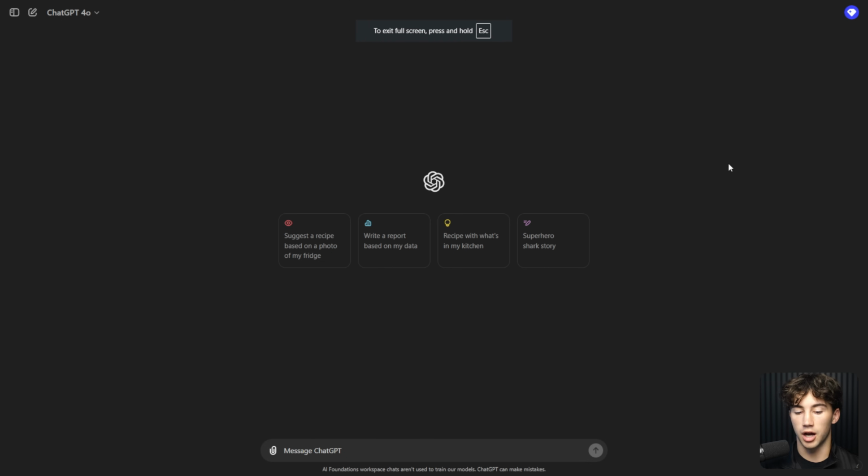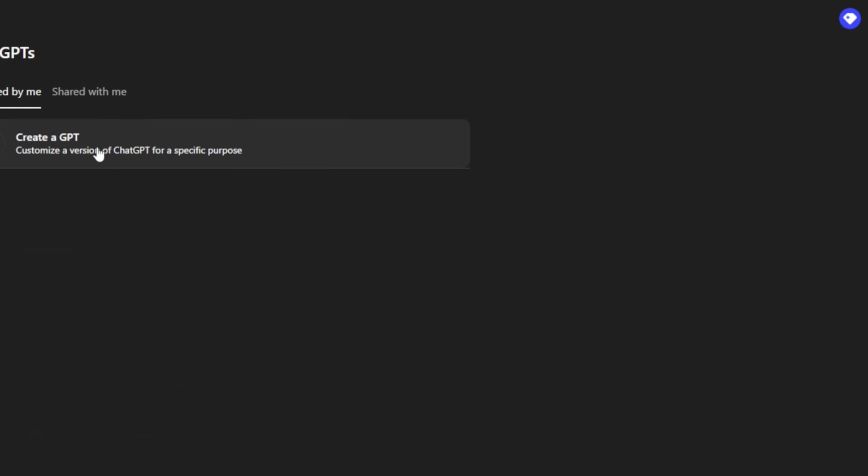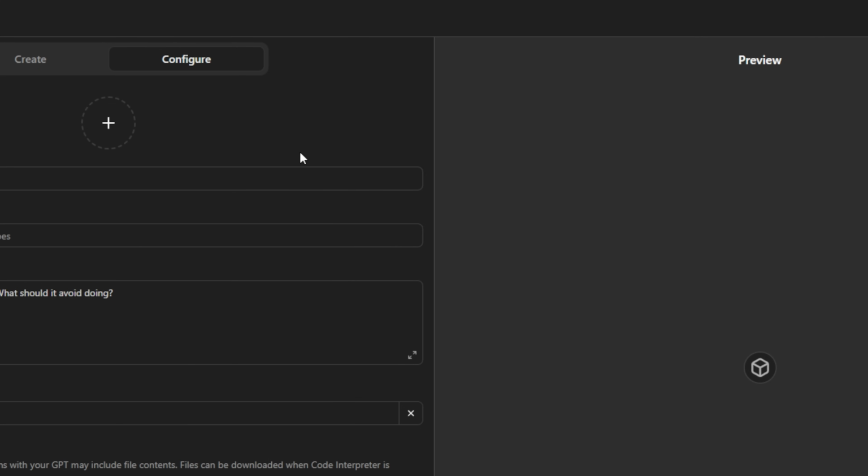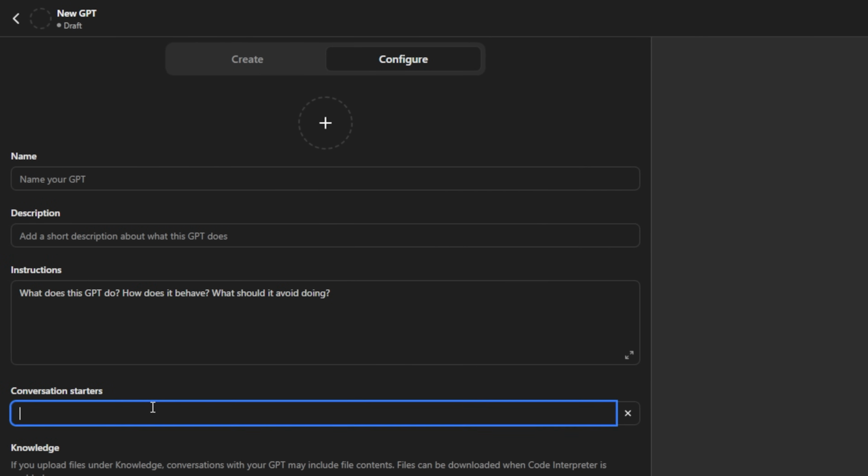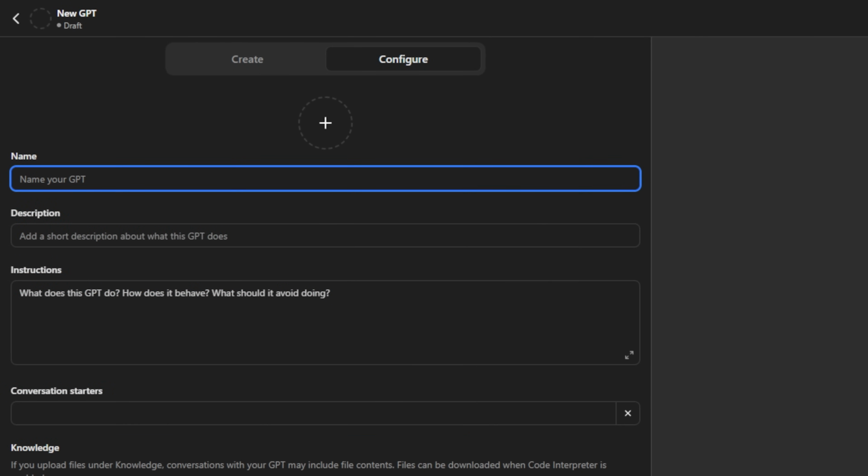What I'm going to do is in the upper right-hand corner, I'm going to go to My GPTs, and then I'm going to select Create a GPT. Here I can give it a name, description, instructions, conversation starters, and a profile picture. And again,